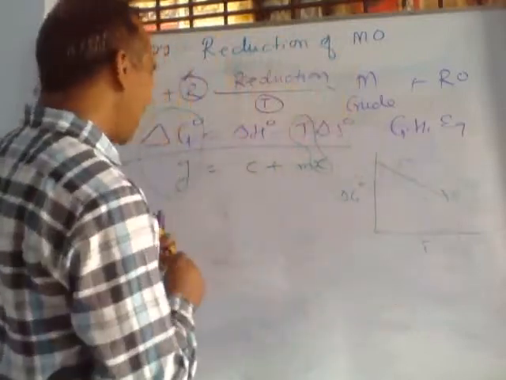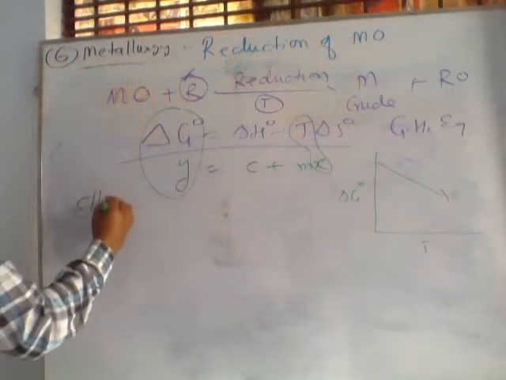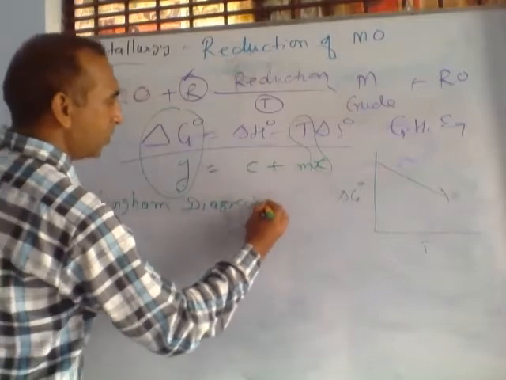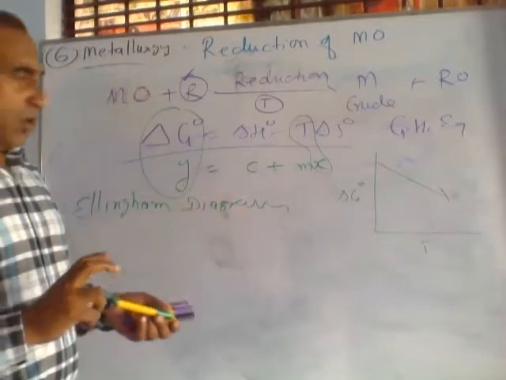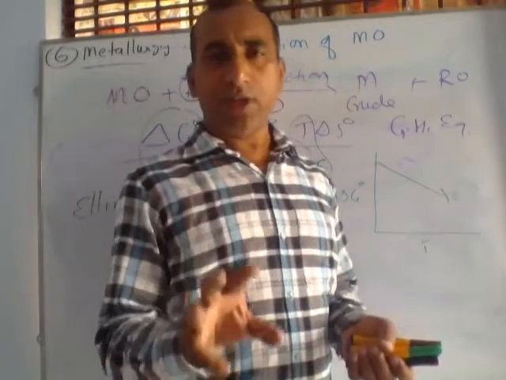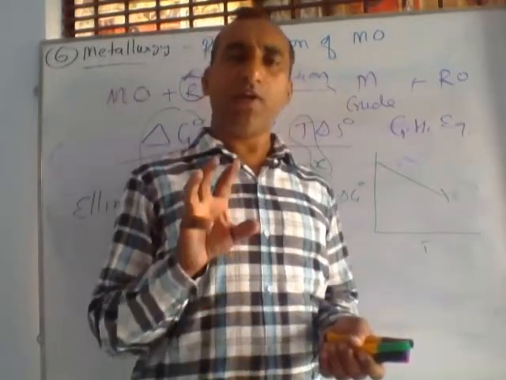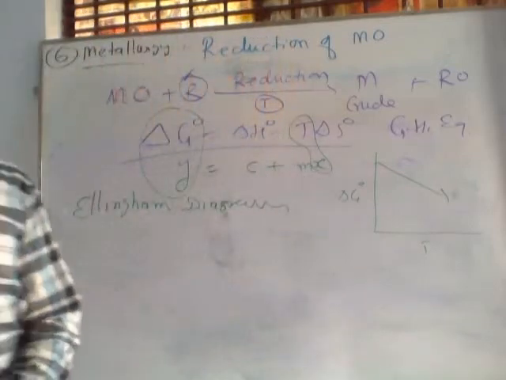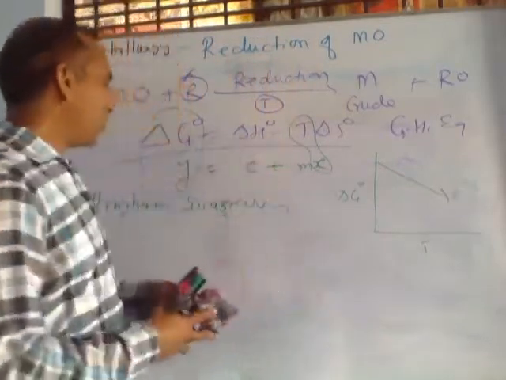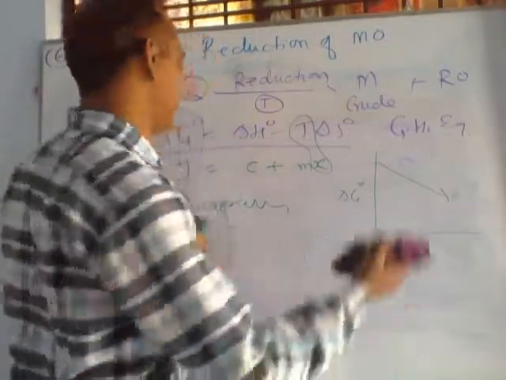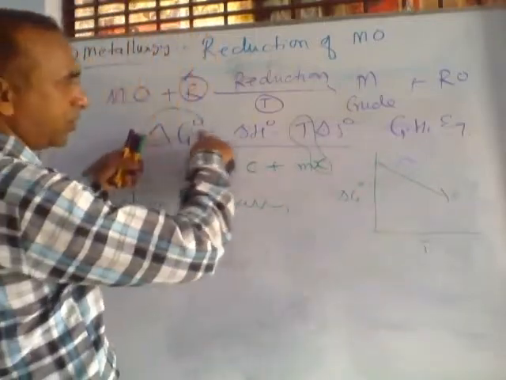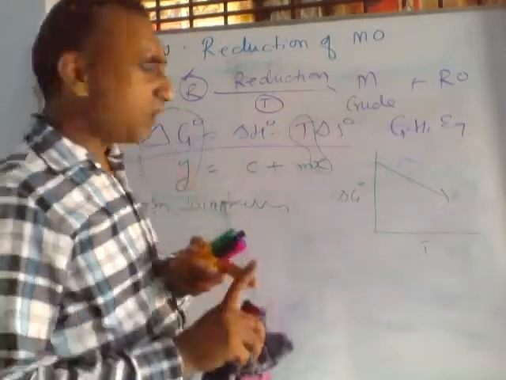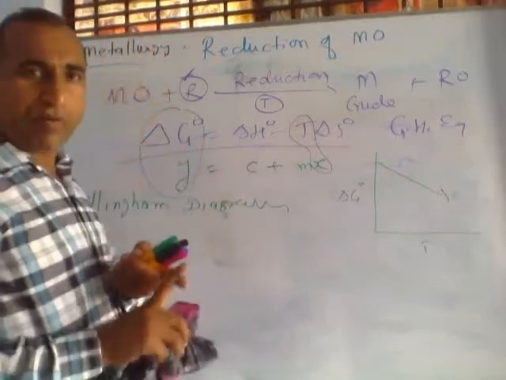This graph and this exercise is called the Ellingham diagram. So in the Ellingham diagram, we can choose a suitable reagent for reduction purposes, and we choose the temperature at which the reaction will happen. So now look at what the Ellingham diagram is. Listen. The Ellingham diagram is based on this equation. The process is called thermodynamic process, otherwise thermodynamic metallurgy, otherwise pyrometallurgy.